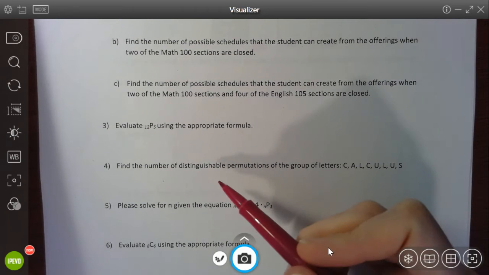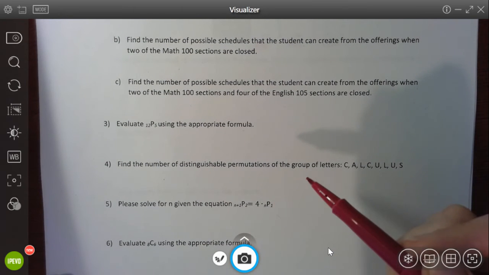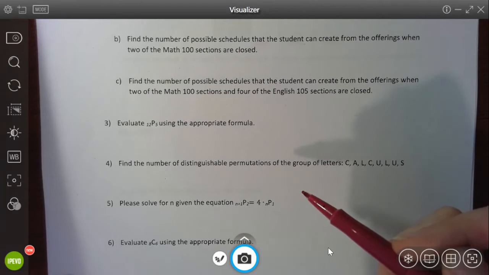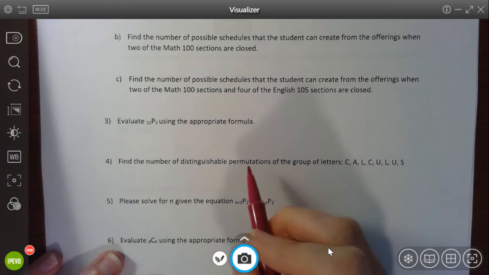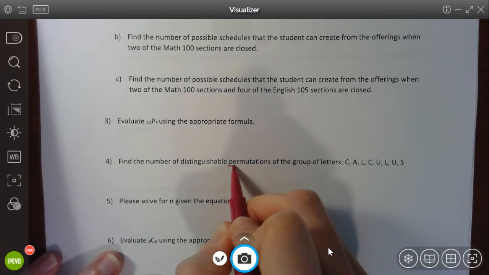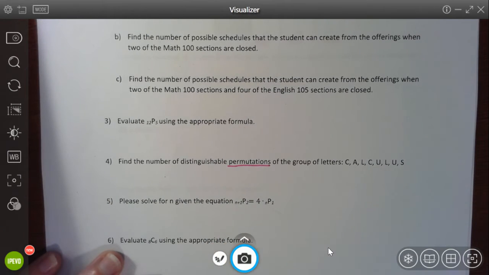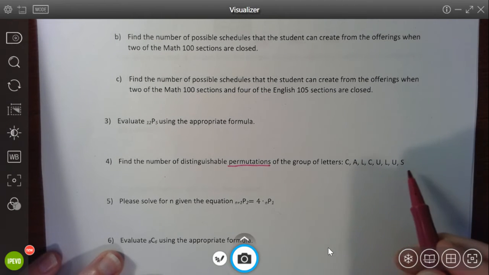A few of you were asking for some help on a couple of these review problems, so I figured I would just make a quick video to help you guys go through them. So in number 4, they want the number of distinguishable permutations. So that means we want to figure out the different ways that we can rearrange the letters of the word